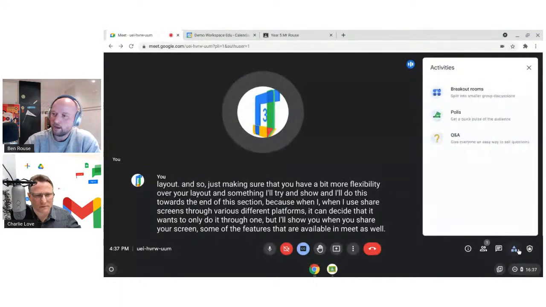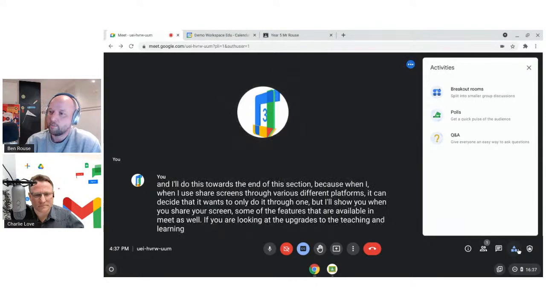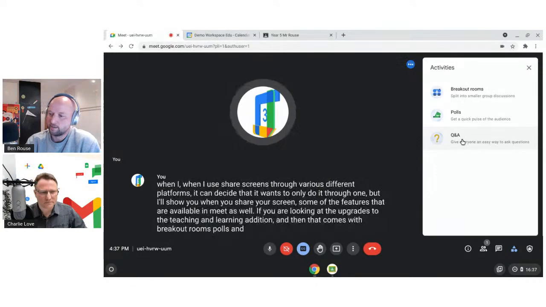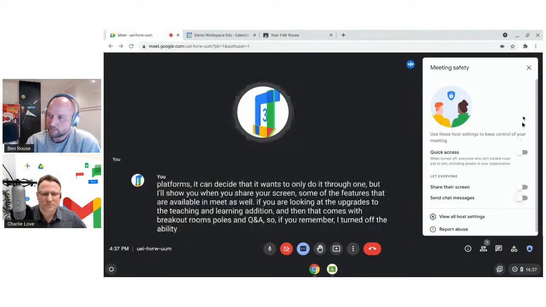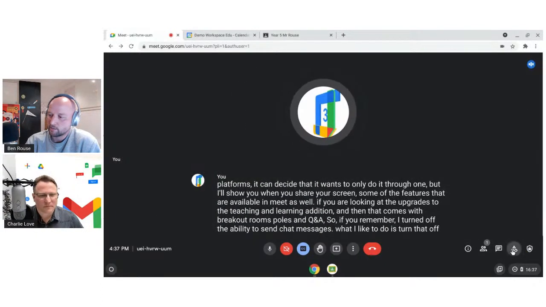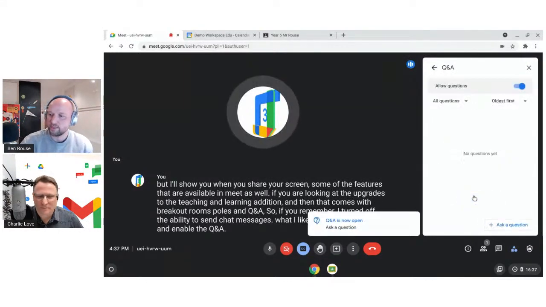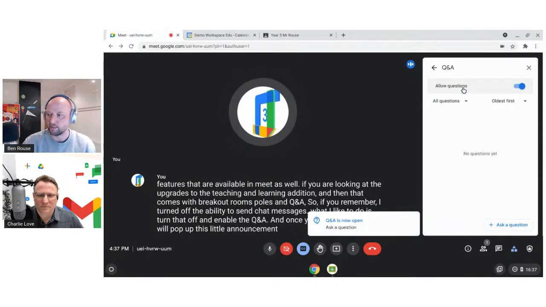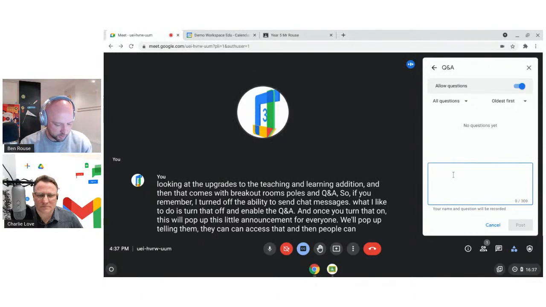If you are looking at the upgrade to the Teaching and Learning edition, then that comes with breakout rooms, polls, and Q&A. So if you remember, I turned off the ability to send chat messages. What I like to do is turn that off and enable the Q&A. And once you turn that on, this little announcement for everyone will pop up telling them that they can access that,